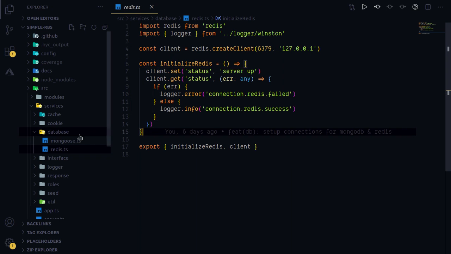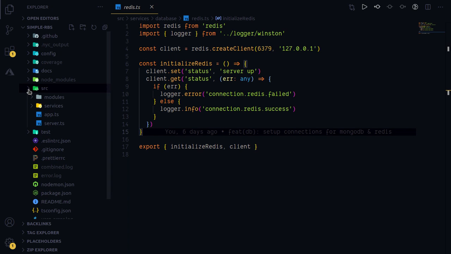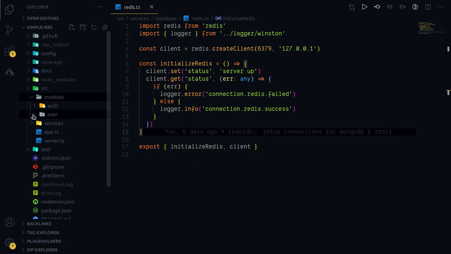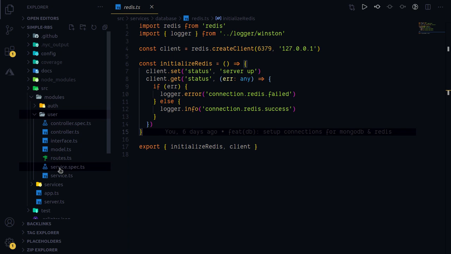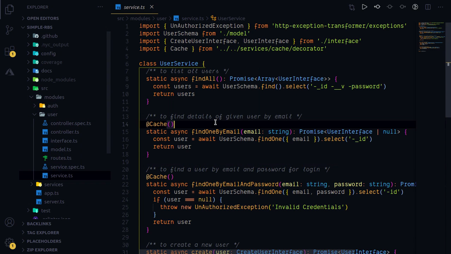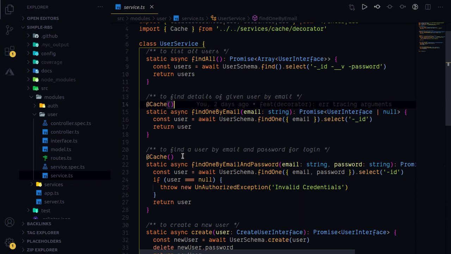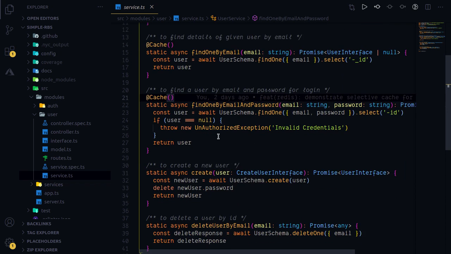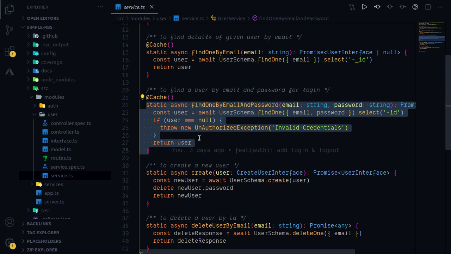By the time that happens, let me show you the syntax that we are using to implement the cache layer. In the modules, users, and the services, you can see that we have used a decorator which says @cache. What this @cache does is it monitors this particular function whenever it is being called.